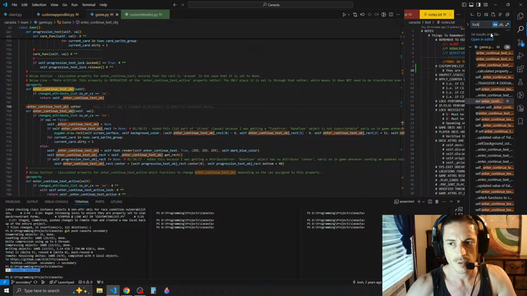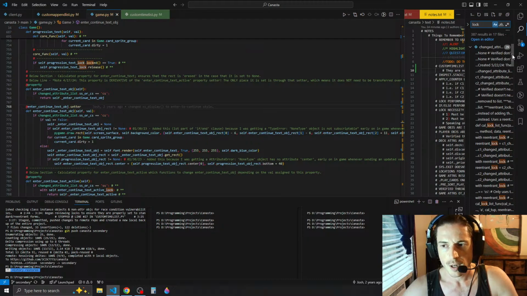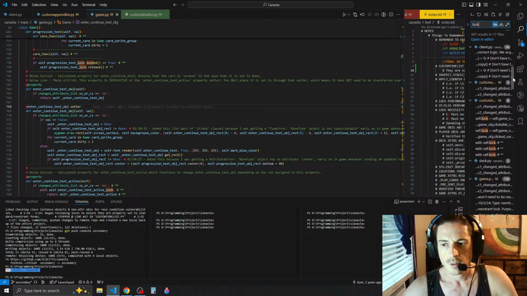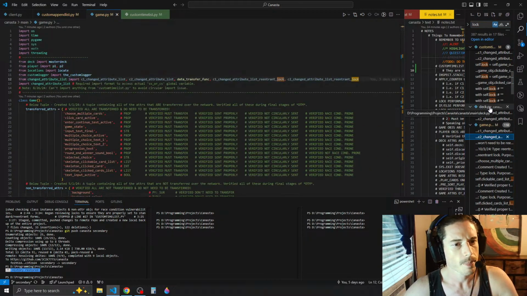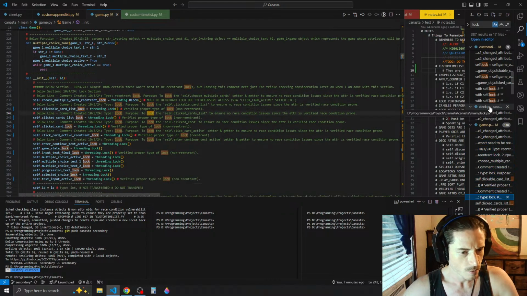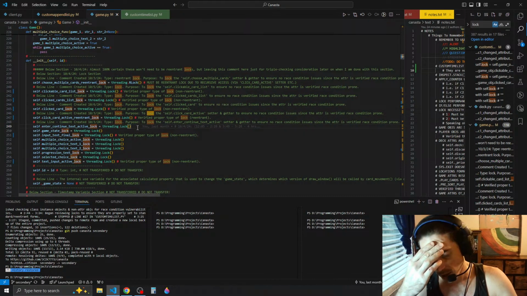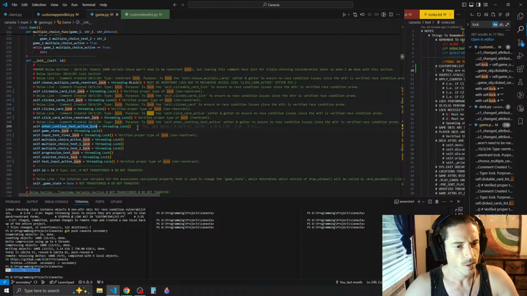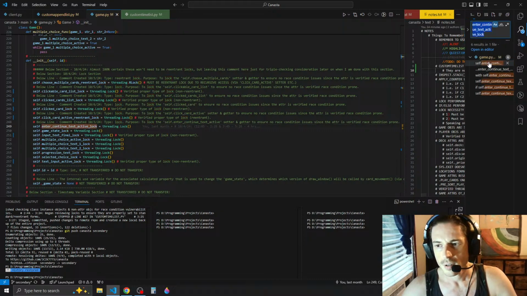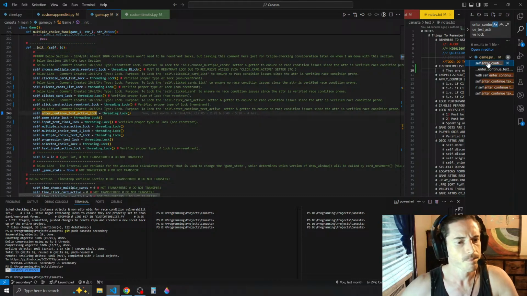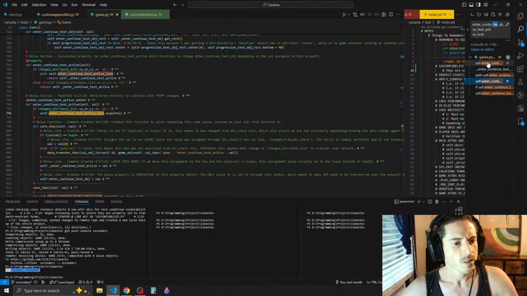So Control Shift F, go back to lock. And which file were we in? I want to say we were in game. Yeah, that's where we were. We were right here. Okay, so the enter continue text active lock, that was the one we just reviewed. And so let's put a bookmark here. Didn't forget this time. And yeah, we verified that it's safe because the enter continue text object modification